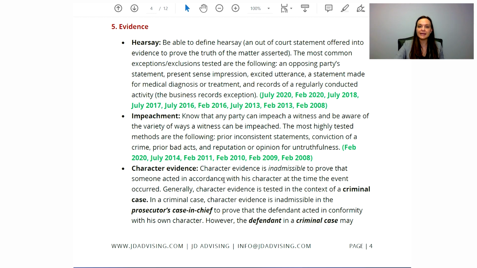When it comes to hearsay issues, a few tips for you. Having a good approach is a great way to capture as many points as possible. So when it comes to a hearsay assessment, we find the best approach to get the most amount of points is the DIA approach. This means you're defining hearsay, you're stating why it's important to determine if a statement is or isn't hearsay, and then you're analyzing any sort of applicable exclusions or exceptions.